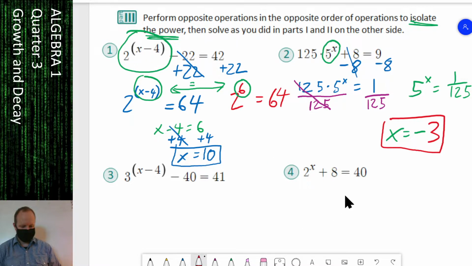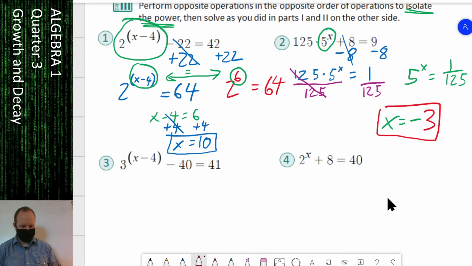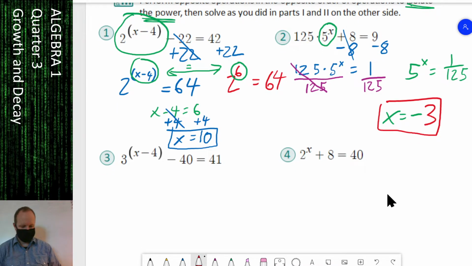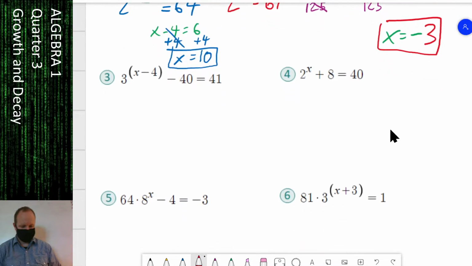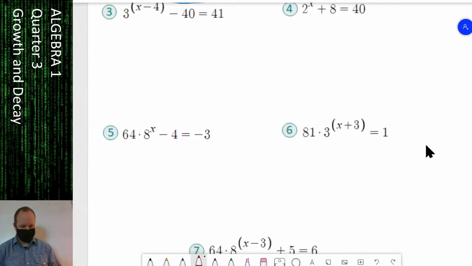It'll be more like this one, where when you find an answer, you'll raise 2 to that answer, then add 8, and if you get 40, you'll know you did it right. So I'll let you guys go ahead and finish up these last 5 problems. Once you got these done, I would recommend that you